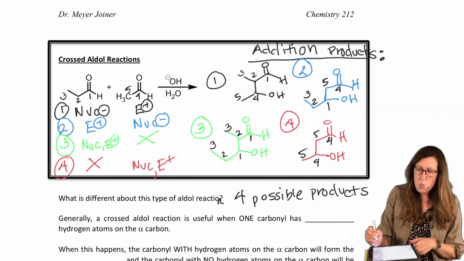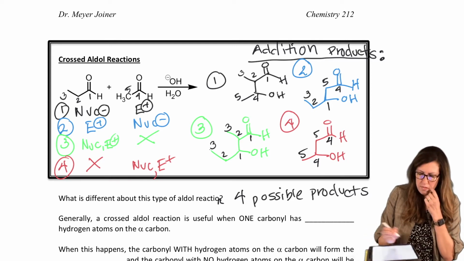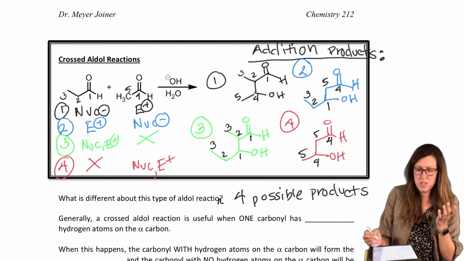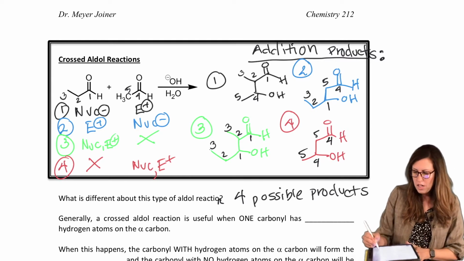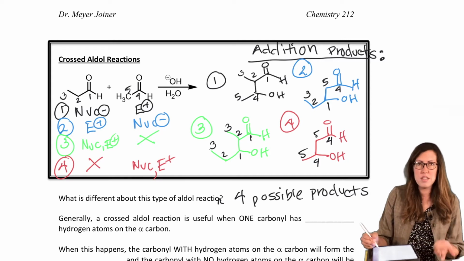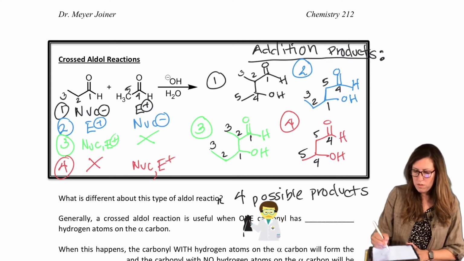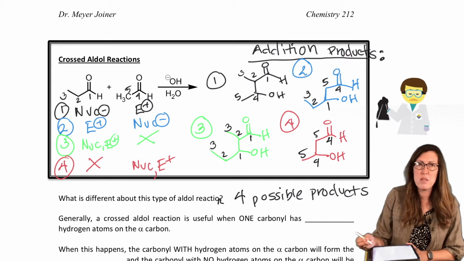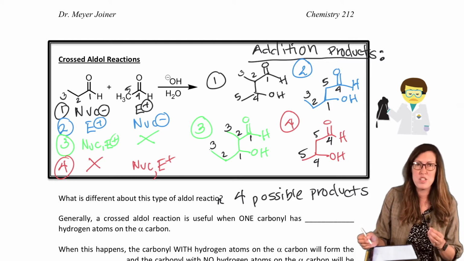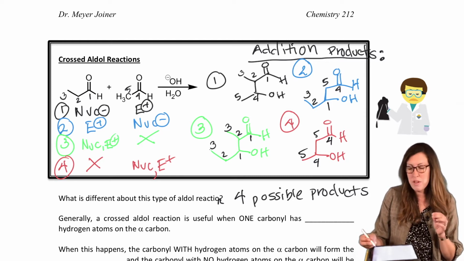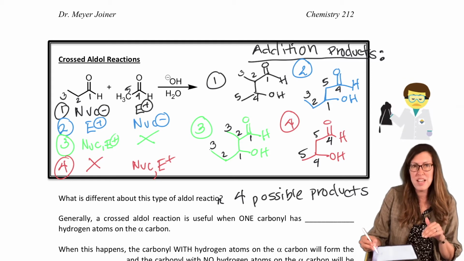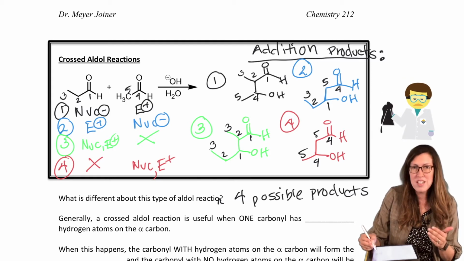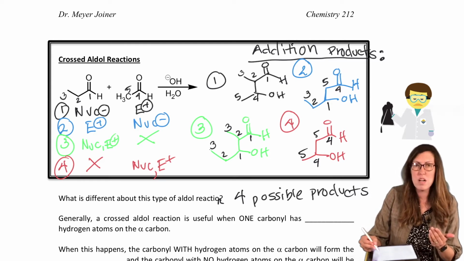Okay, so here's the problem. This is not desirable usually, to get 4 possible products, right? So if we did this in the lab, there's an emoji for our reaction. It would be this unhappy chemist right here. Just a big mess, because we want to optimize conditions so that we get 1 product at a time. Otherwise, you're dealing with lots of purification before you can actually collect the product you want. No one wants to get 4 products at once.